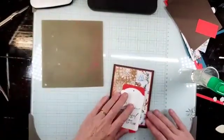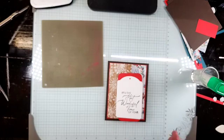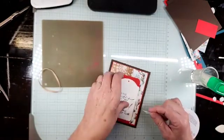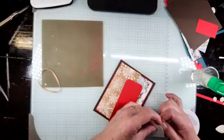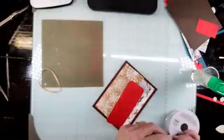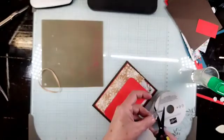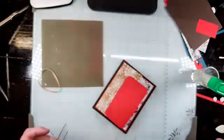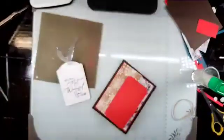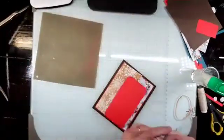Now, before we put this one together, I want to find a wee bit of ribbon to put in the top there. And I think I am going to use this silver and white sheer ribbon just to add a little wee bit of sparkle. So before I glue these together, if I can hit the hole, I will. All right, need some scissors. Just set that aside. And I think I'm going to get a little bit of linen thread and